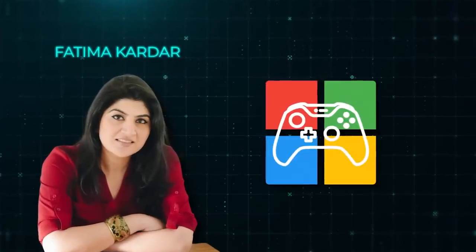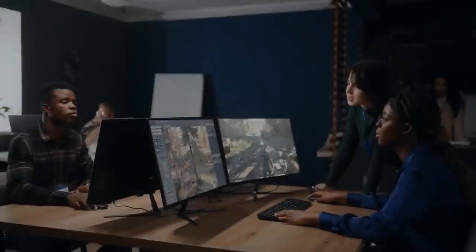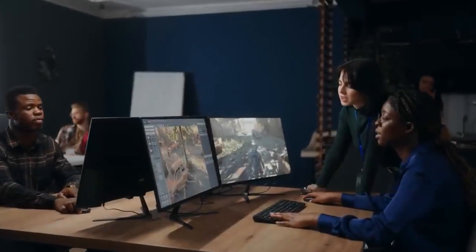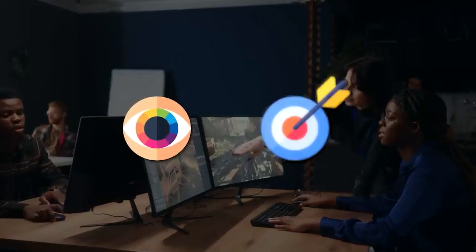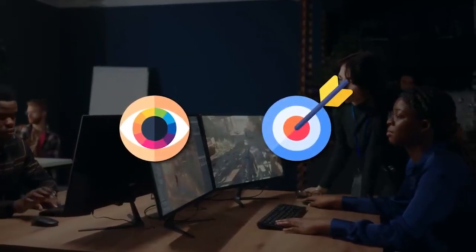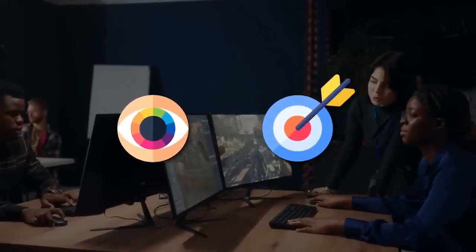Fatima Kardar, a corporate vice president of gaming AI at Microsoft, emphasized that each studio at Xbox has the freedom to decide how or if they want to use generative AI. She says it'll all be based on the specific game director's creative vision and the team's goals, rather than forcibly imposing AI on every project.